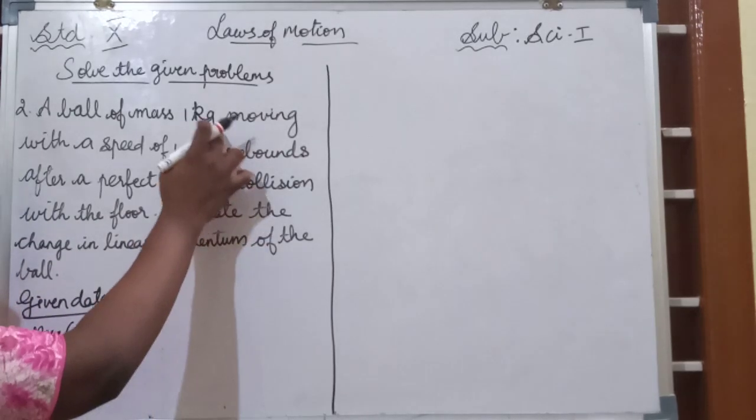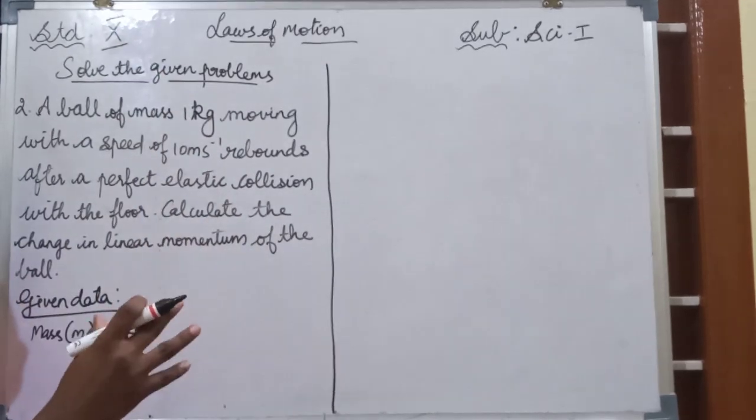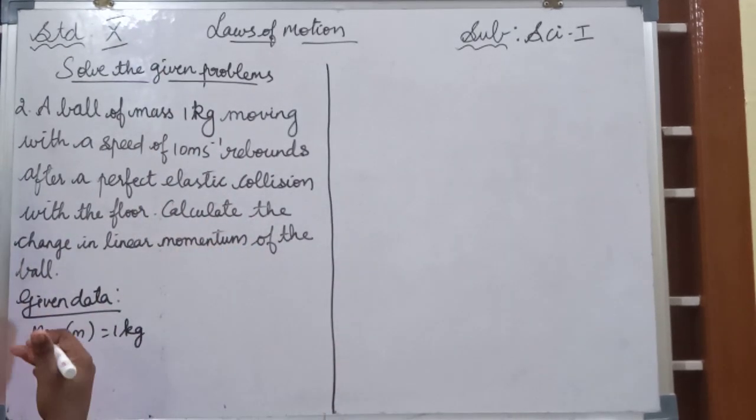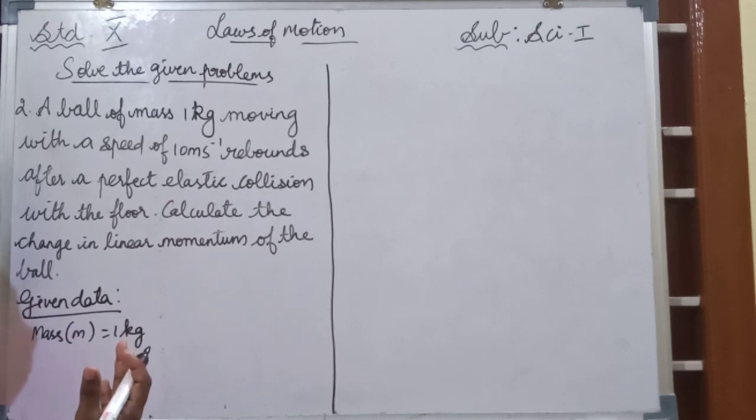Now, how much speed will it have when you make the ball drop on the floor? The same speed it will come back with. So, initial velocity is equal to the final velocity. You all know Newton's third law, right? For every action, there is an equal and opposite reaction. So that's why we are going to write this.